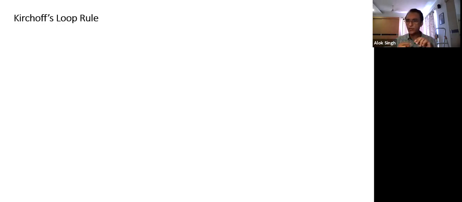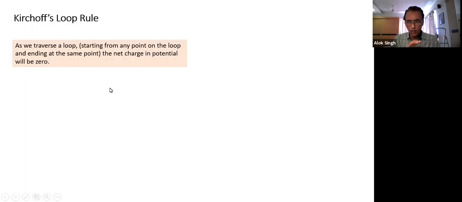When a unit charge is taken around a closed loop, what should be the work done on it? Due to conservative force, it has to be zero. So that is something. Kirchhoff law is a special law, very similar to the property of conservative forces. It is more applicable in case of electrostatic conservative force, and is applicable in case of a loop, because in a loop we take it along the connecting wires.